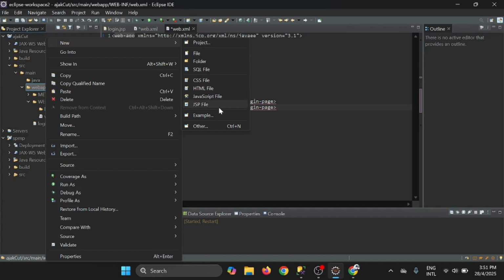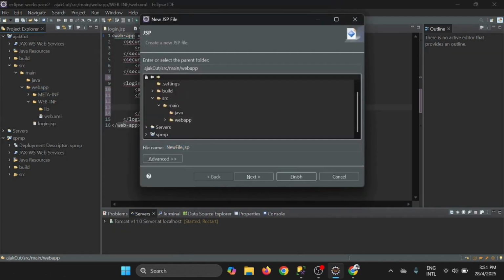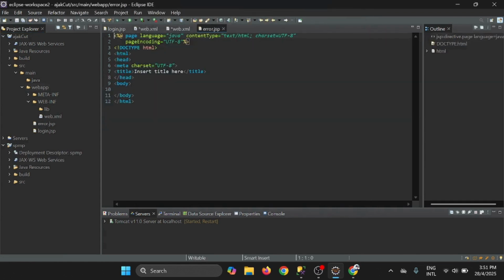Next, we configure the security settings inside the web.xml file. The web.xml file is located inside the WEB-INF folder. It controls how our web application behaves. First, we define security constraints. We protect an important page, admin